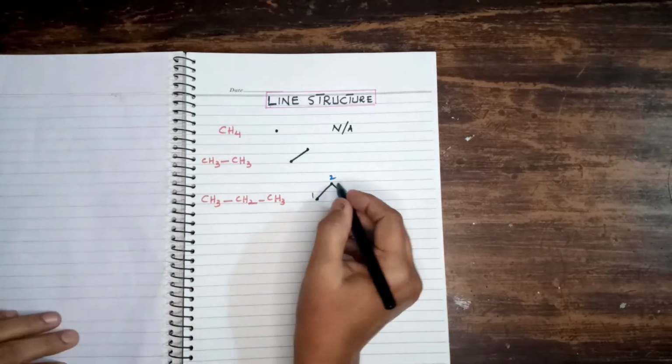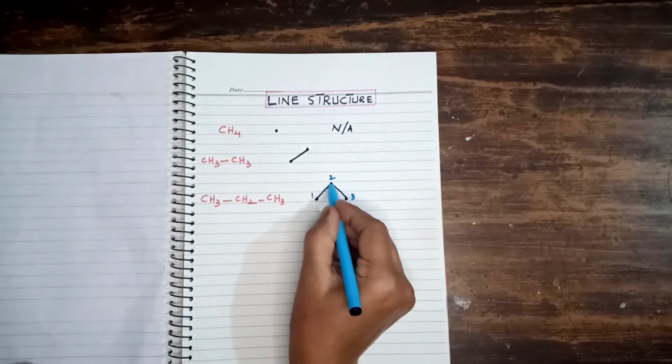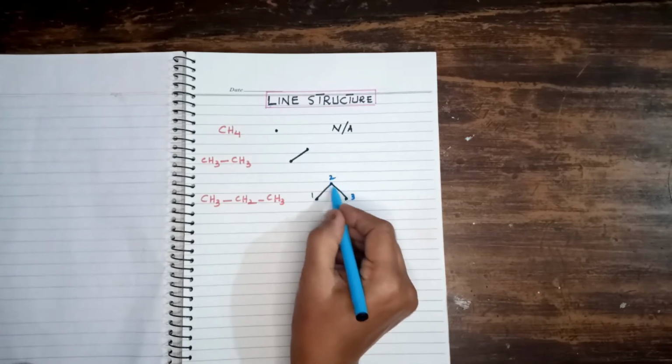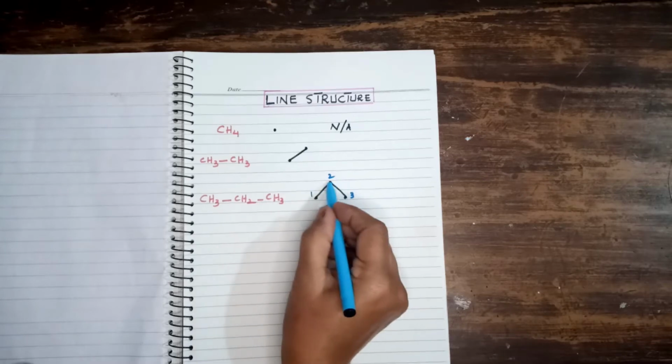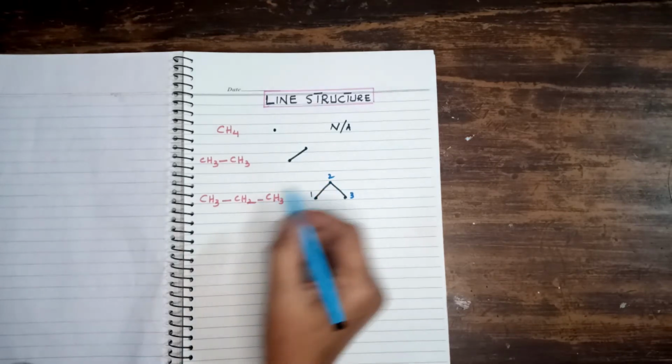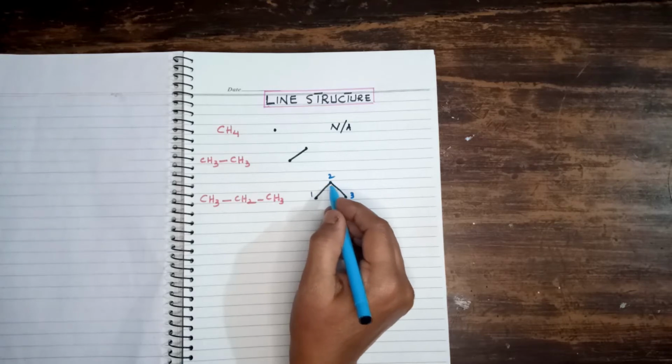Here students, you can notice that where two carbon atoms join together, two vacancies of the carbons become filled. So at this carbon, only two hydrogen atoms are attached. Usually hydrogen atoms are not shown in line structures. Now let's see some more examples.